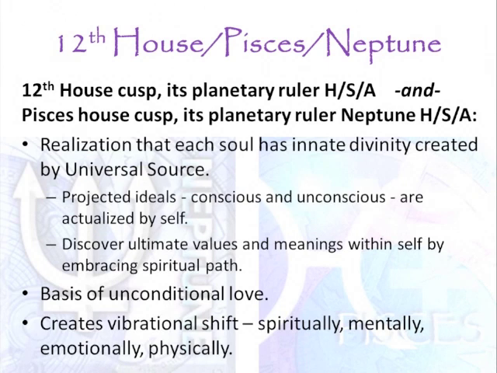So this 12th house cusp then, as we recognize all of this, and as we look at that inconjunct 12th to 7th and the partner not being perfect and really not meeting our needs in every way, and we look at the 12th to the 2nd and the sextile and how we need to have that relationship with source energy directly ourselves, this then becomes the basis of unconditional love. 12th house, all of that, all the bold represents unconditional love, that potential within us to achieve it, versus the 7th house, conditional love.